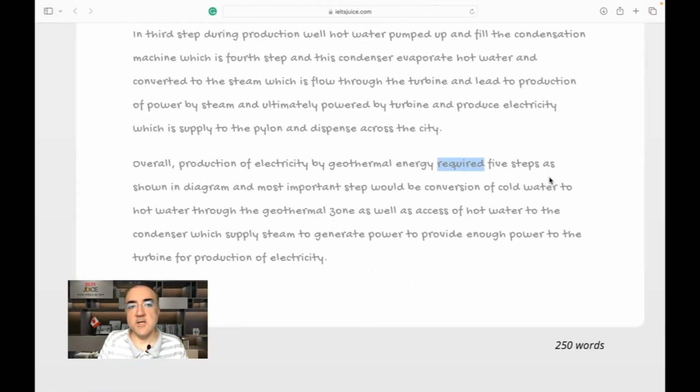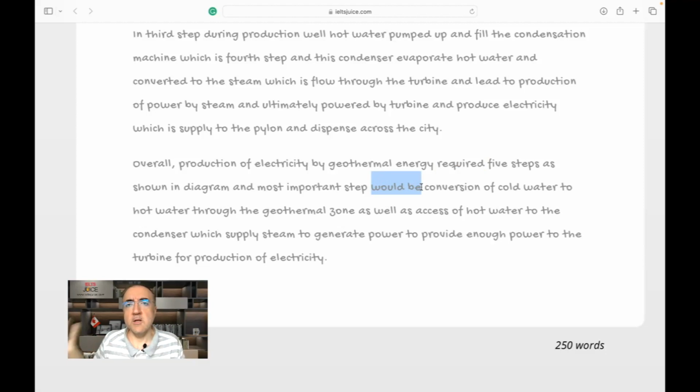Requires 5 steps, as shown in the diagram. Is there a simple belief in punctuation? I need a semicolon, I need a comma, I need something to stop and help me breathe. I have to read all of it in one go. And the most important step would be,